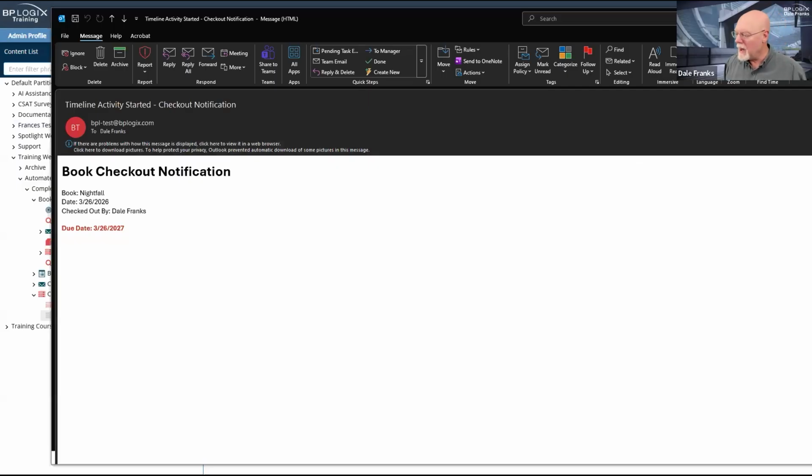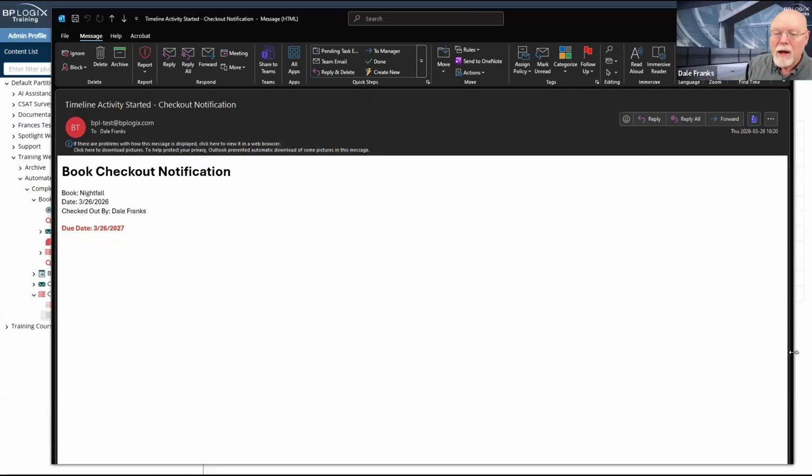There is my checkout notification message that tells me I've checked out the book. So my process is done. The checkout process is over. Obviously, your checkout process might be a little more complex than that. There might be some approvals if it's expensive equipment or what have you. But just note that it does have the proper due date for 3/26/2027.